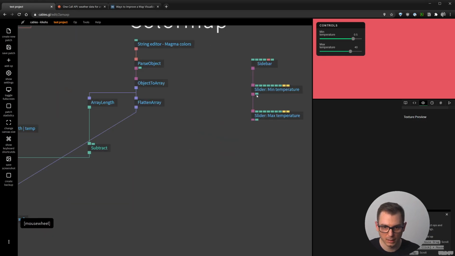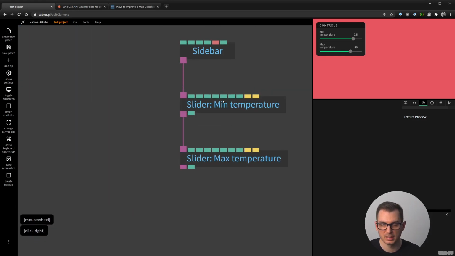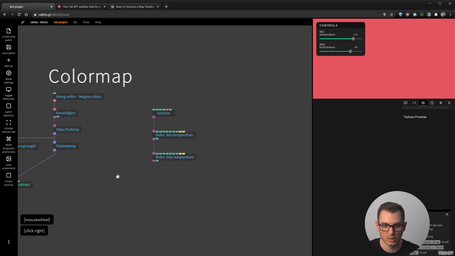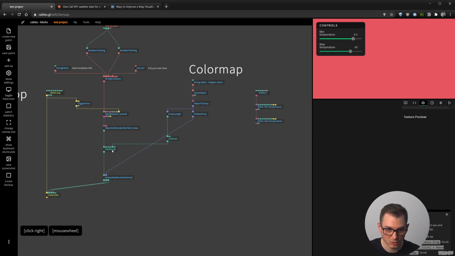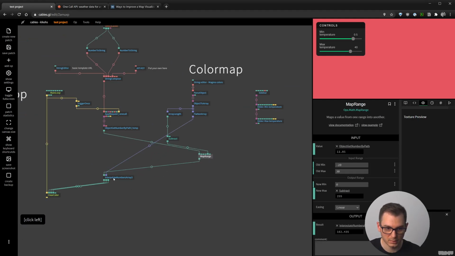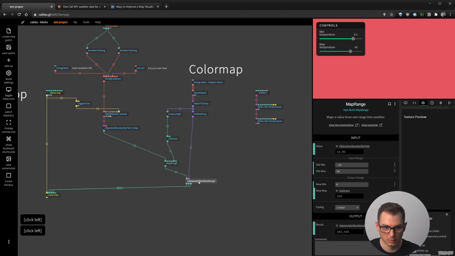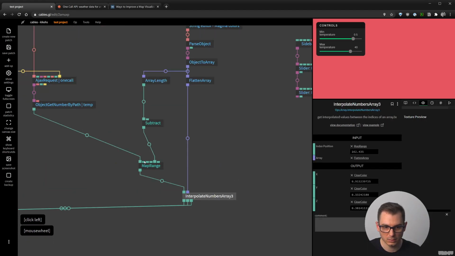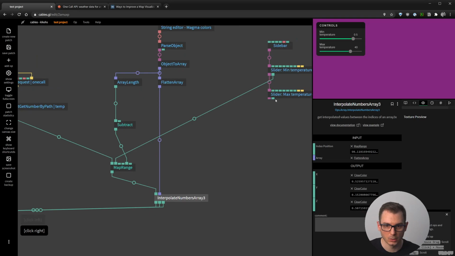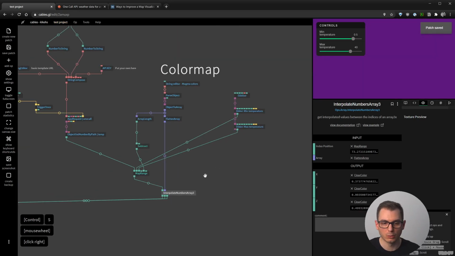So from that, the second output of the slider is the actual value that you have from the slider. So I need to connect it to my range here. I can put this here, try to make it clean like this, and now change my old min and old max with these values. So I can put it there and connect that here again, save my patch,